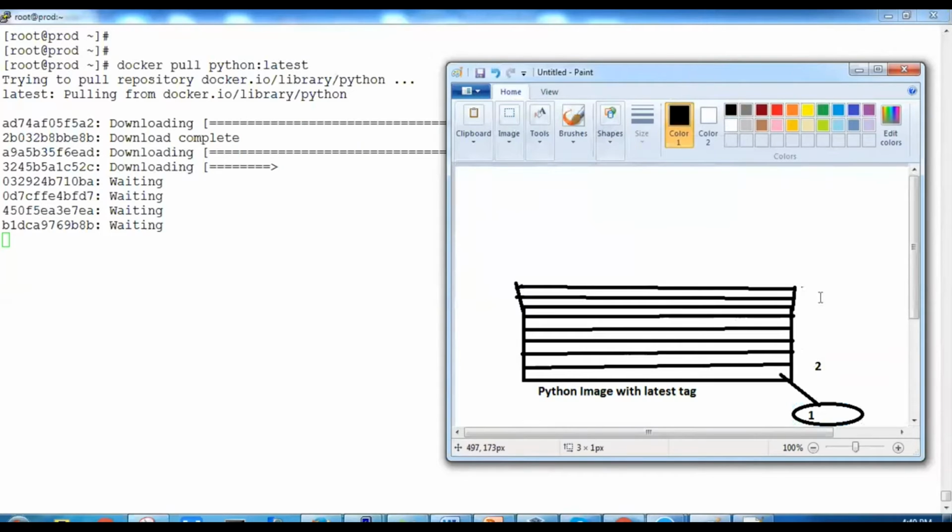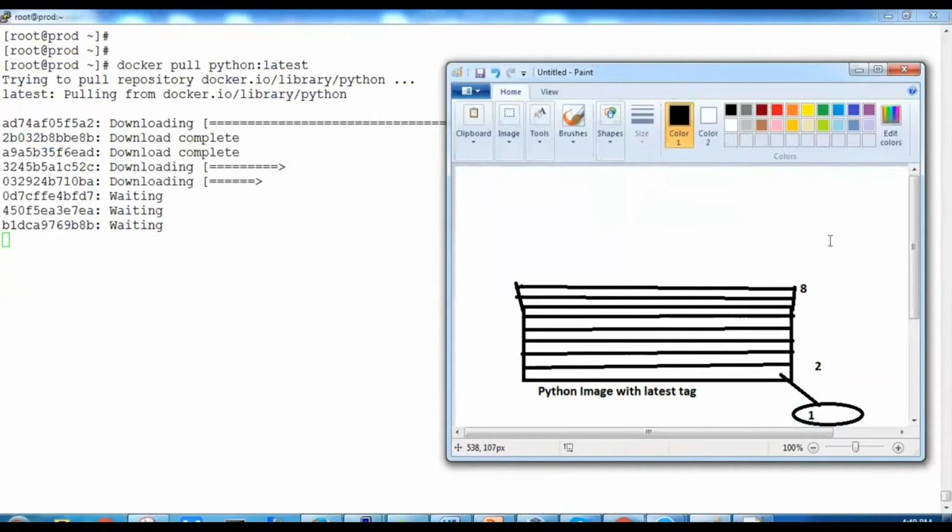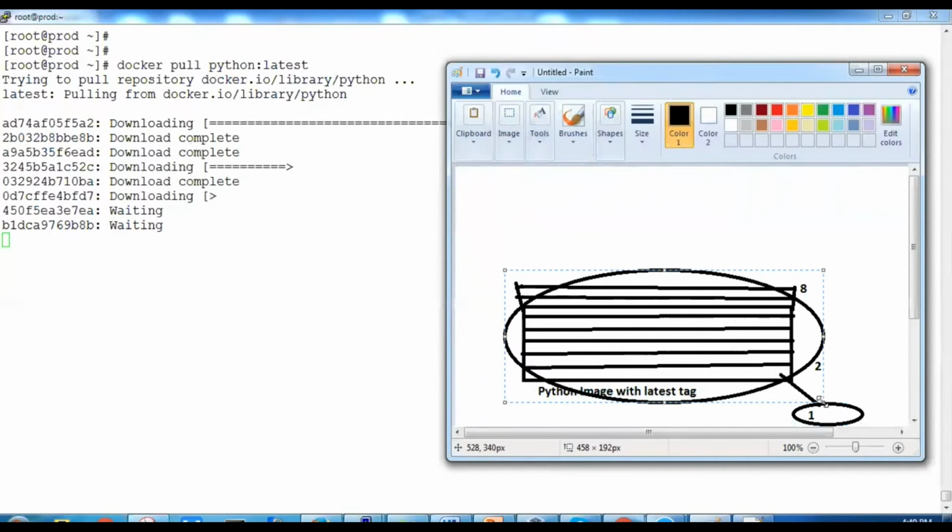If they make some official changes to the Python latest image, you will find there will be more layers, maybe 9 layers or 10 layers. What we downloaded is all these 8 layers. We'll say this is a bundle of 8 layers we have downloaded.